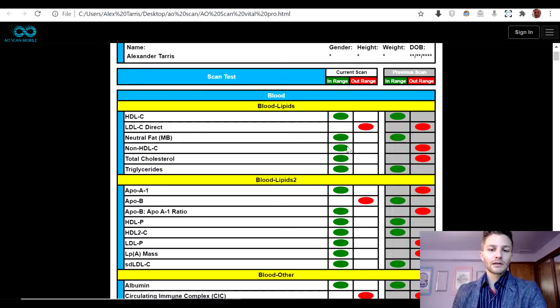Then basically it was able to read and assess that this aspect of the cholesterol came into resonance with the specific frequencies that were found in the database of Scan Mobile. So this value came into resonance and was able to tune up into a normalized range of function